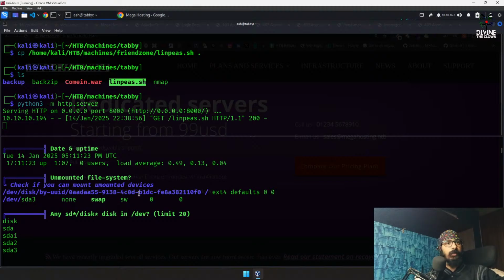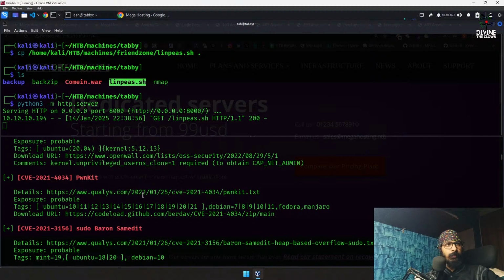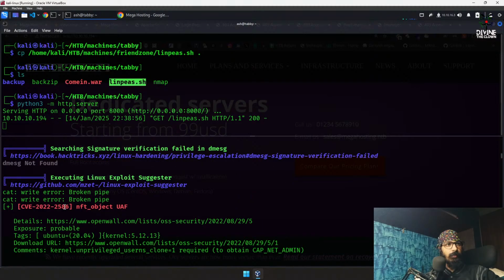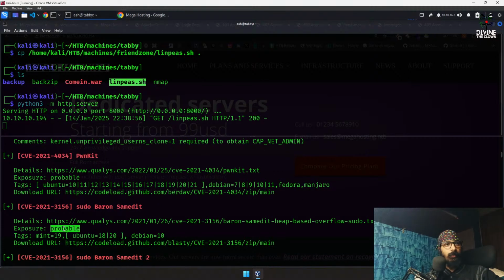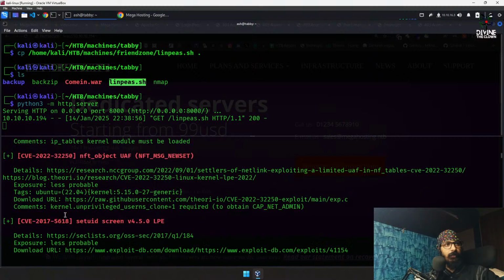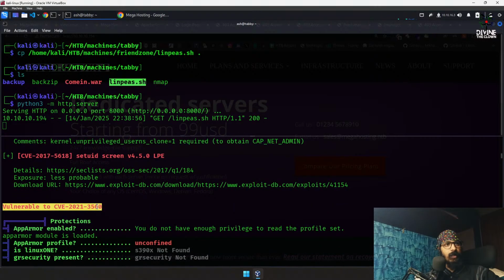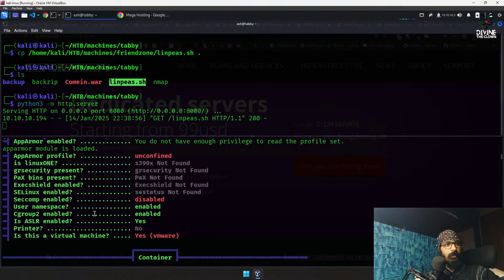Unmounted file. We have quite a variety of results from executing Linux Exploit Suggester. Probably all these are probable. Is there any with less probability? And we got a vulnerability, and that is,